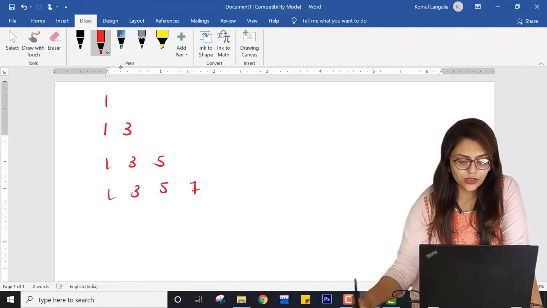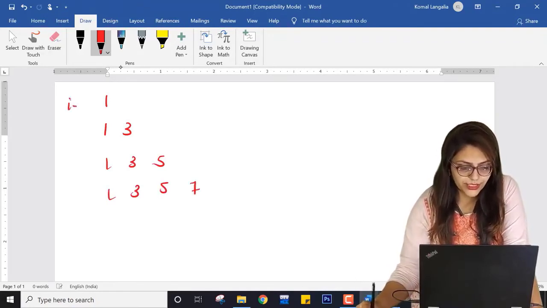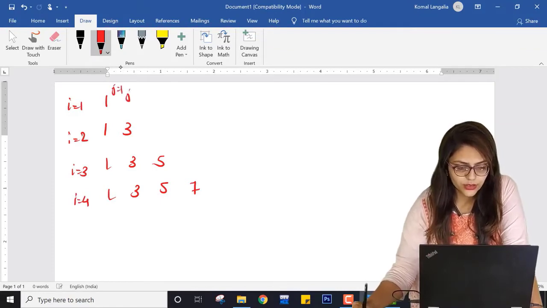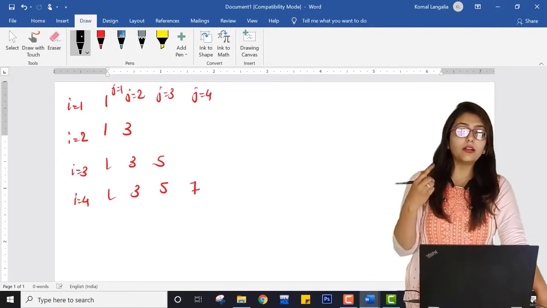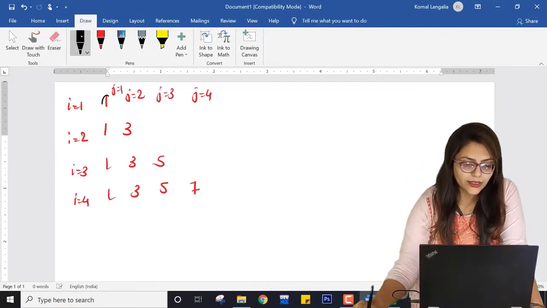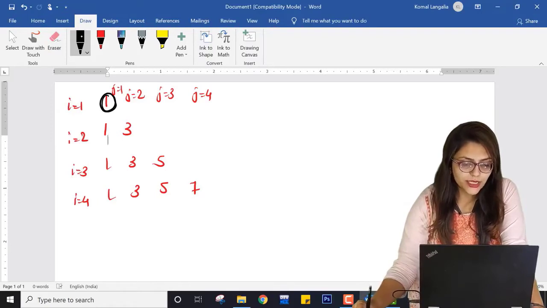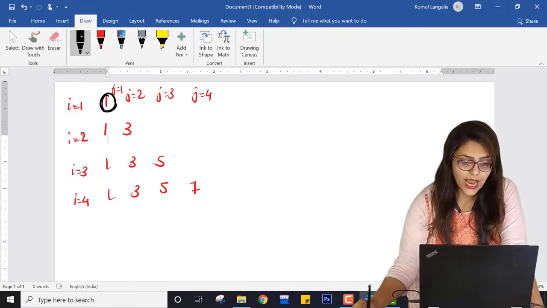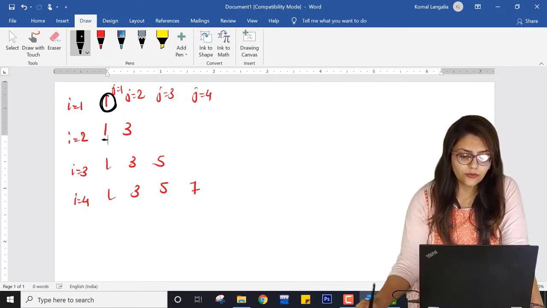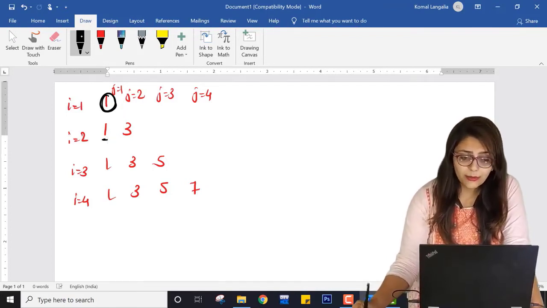So you can observe the repetition over here. Suppose i value is 1, 2, 3 and 4. And here the j value will be 1, j equal to 2, j equal to 3 and j equal to 4. Now you have to think of a logic for how you can get this 1 over here. So at this stage I thought that it can be the value of i or j, right? At this stage I am assured that this is not the value of i because i is 2 now. So it can be the value of j.